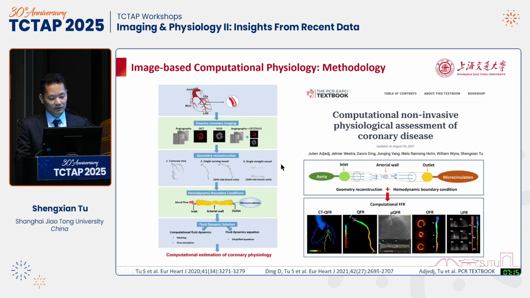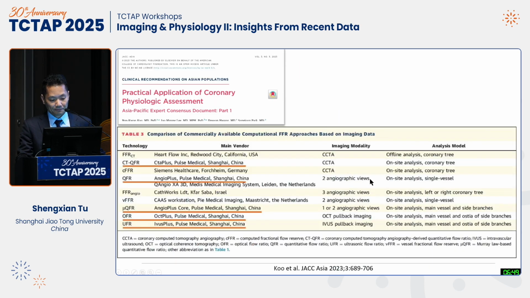The principle has been explained in this review paper: using imaging to create the model and using a formula to solve the fluid dynamic equation, either by CFD or a simplified fluid dynamic equation. You get the pressure drop and the FFR. Among them, these are the technologies we developed in our lab: CT-QFR, QFR, and the second generation mu-QFR, and the OCT-based OFR and UFR. And this has also been stated in the consensus paper. As you can see, we provide